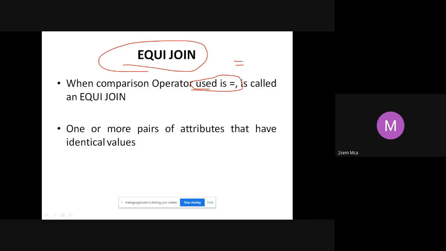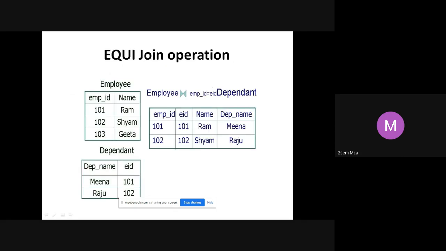We wrote S1 dot USN is equal to B1 dot USN, something like that. What is that? That is nothing but equijoin. Right? This example also we saw. I am taking two different tables here, employee and dependent. Employee has employee ID and name, and then you have dependent name and EID.